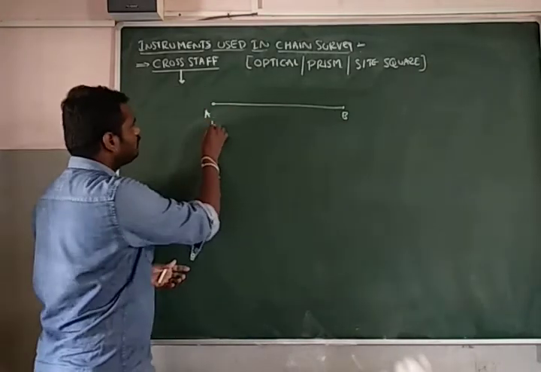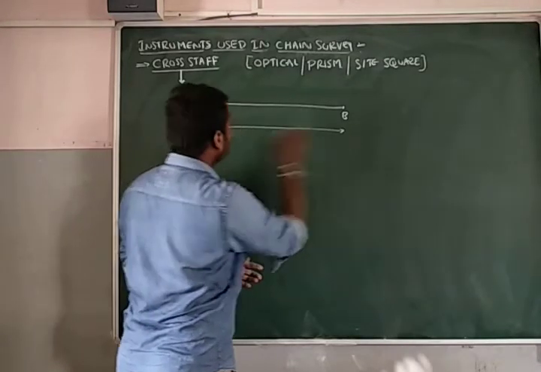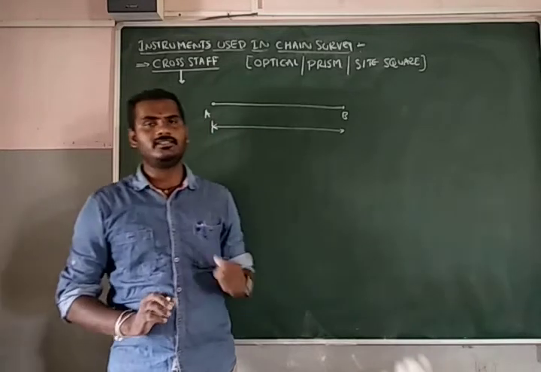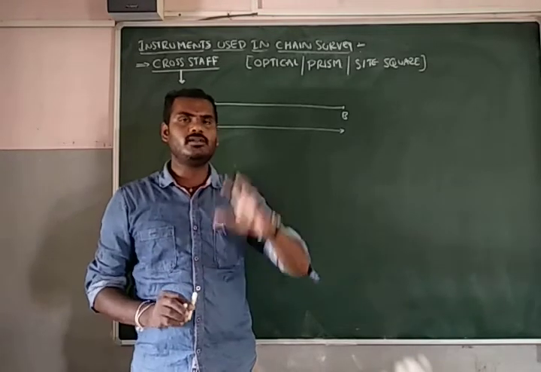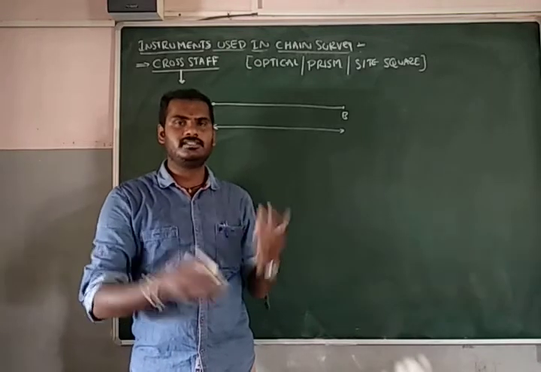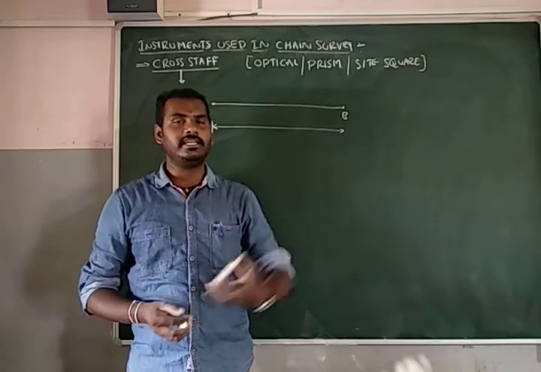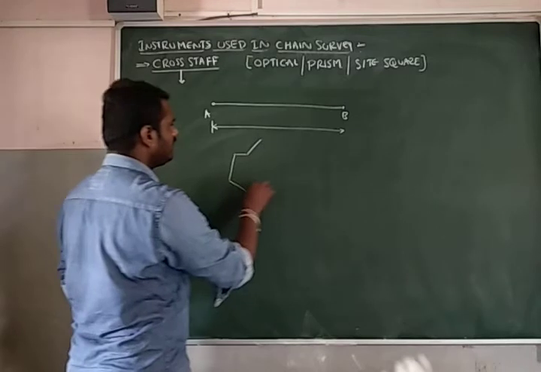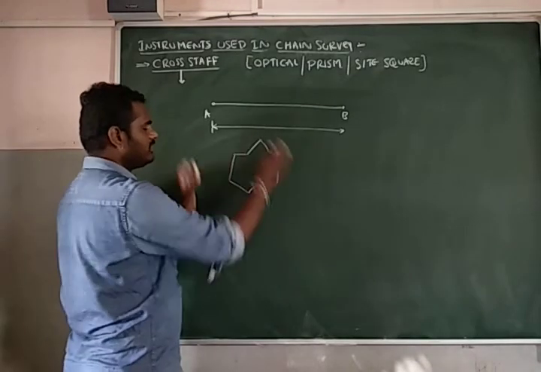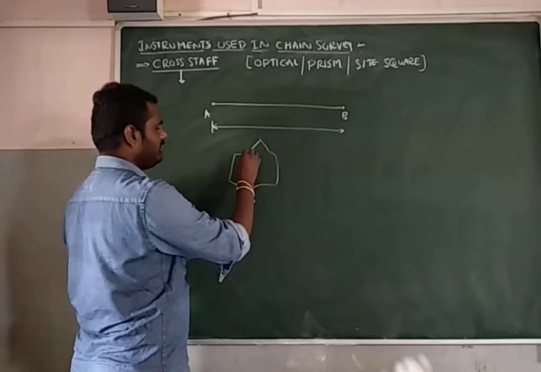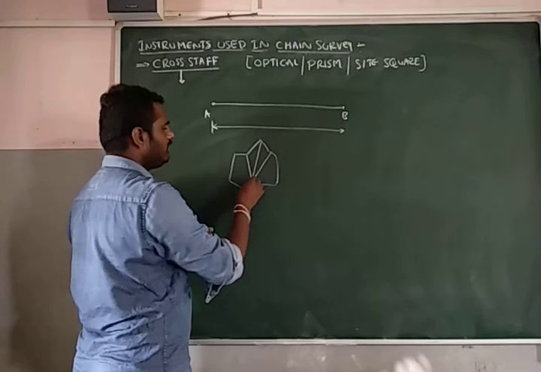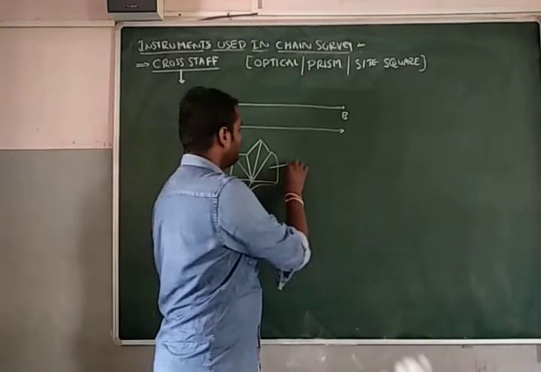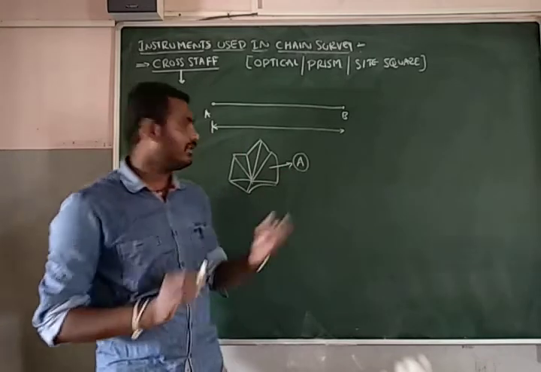When I want to measure a line by using tape or chain, we can measure. But ultimately in chain surveying, we have discussed that it involves the measurement of horizontal distances as well as calculating the areas. Let us take I have an irregular boundary. Making this irregular boundary into a number of smaller divisions, or number of triangles, the ultimate goal is to calculate the area.